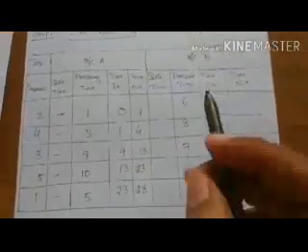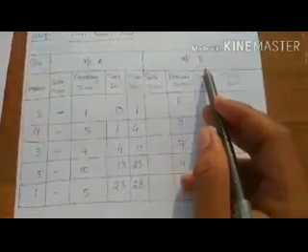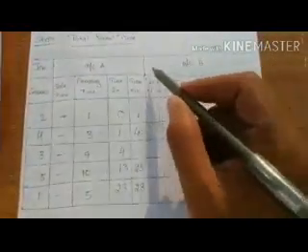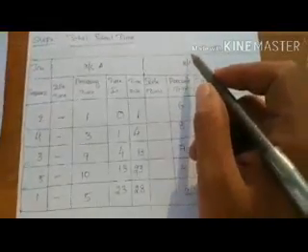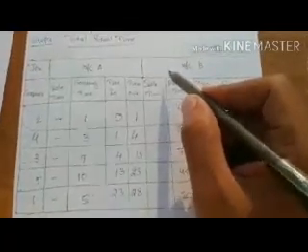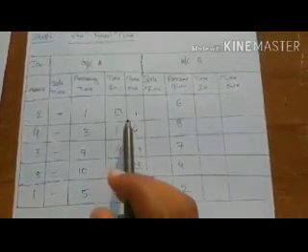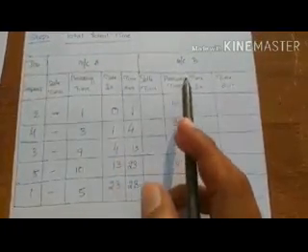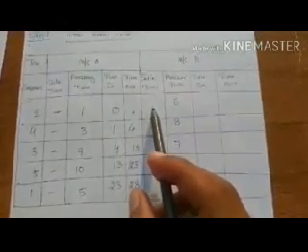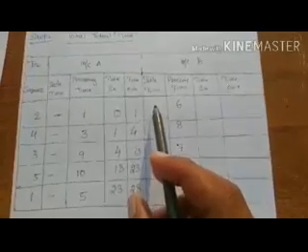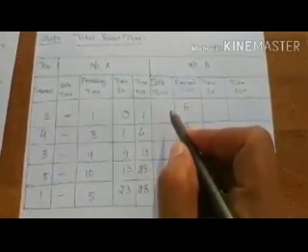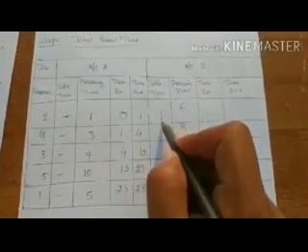Then coming to machine B. Here the condition is that these two machines A and B are ready for the operation. So in this case, the second job is performed on machine A for 1 hour. For that 1 hour itself, machine B is in the rest position. Rest position is nothing but called idle time. That is, the idle time for machine B for job 2 is 1 hour.